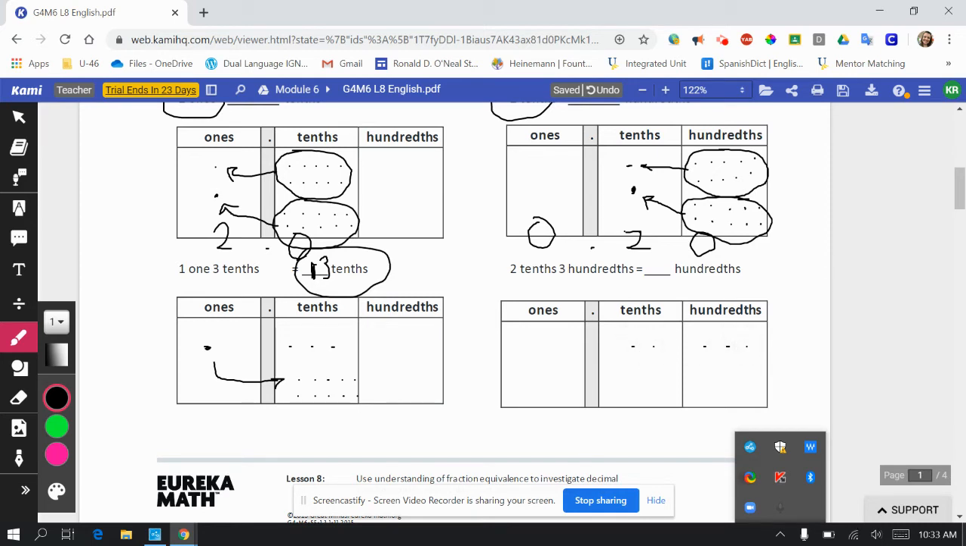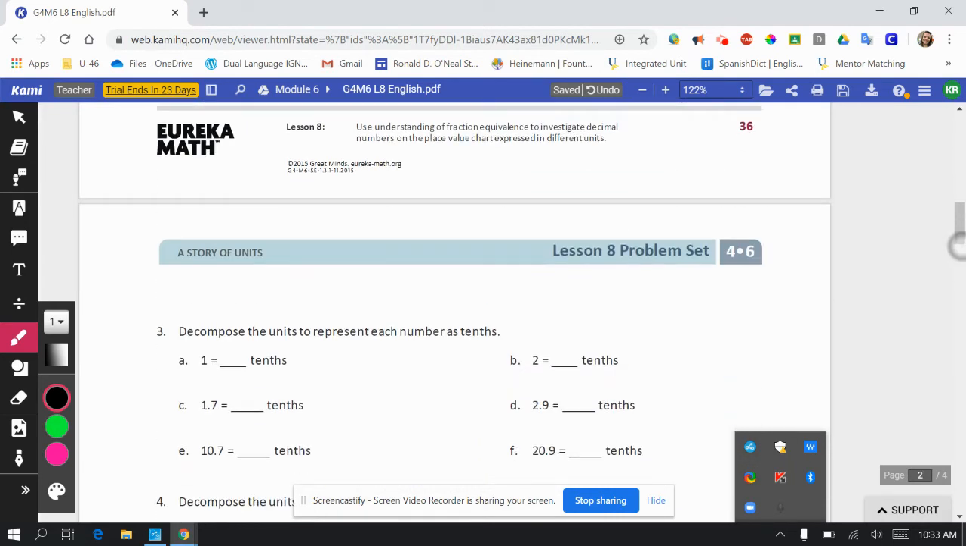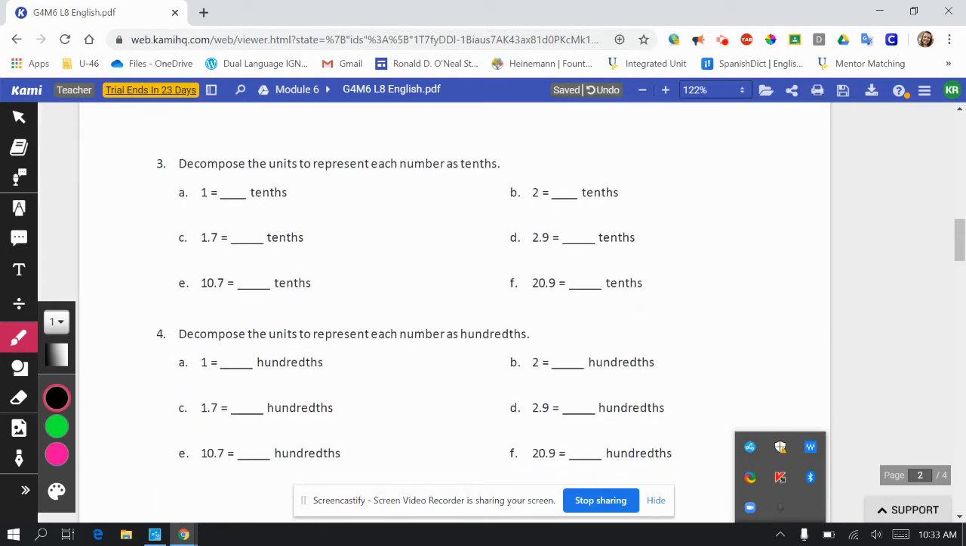How many hundredths would this be? Hopefully by now you're noticing a pattern. This would unbundle, this would unbundle. Each of those would become 10. So 10 plus 10 plus 3 equals 23 hundredths. So doing some unbundling to figure that out. Now there is a reason for this, because then when you get to number 3, you're doing it without drawing